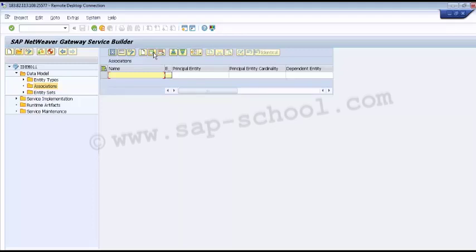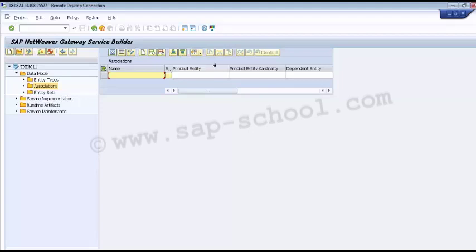The first one is the name, wherein I have to enter the name for the new association in this field. Then we have this external association editor. If we click to create an external association, the term external association refers to creating an association with the entities of the model that has been included in the service builder. Then we have this principal entity. So we have to enter the name of the principal entity, the entity which is being considered for the from role in the new association.